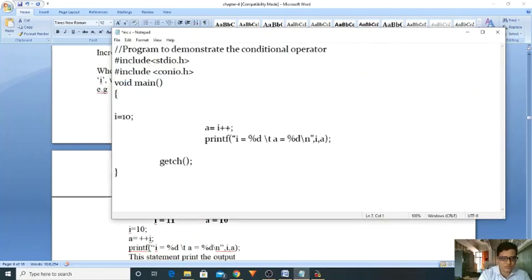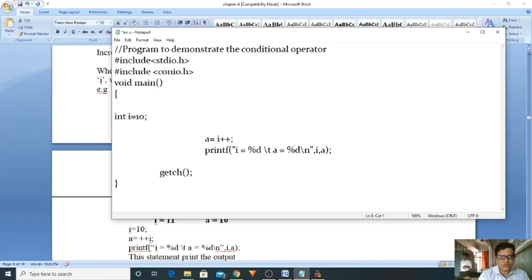Now I'm defining int i is equal to 10, a is equal to i plus plus. So it is also a mistake, as we know it is not a double quotation. I'm modifying here. Okay, now double quotation comma, and afterwards you have to give the clear screen clrscr. Okay, yes, now save it, open your editor.